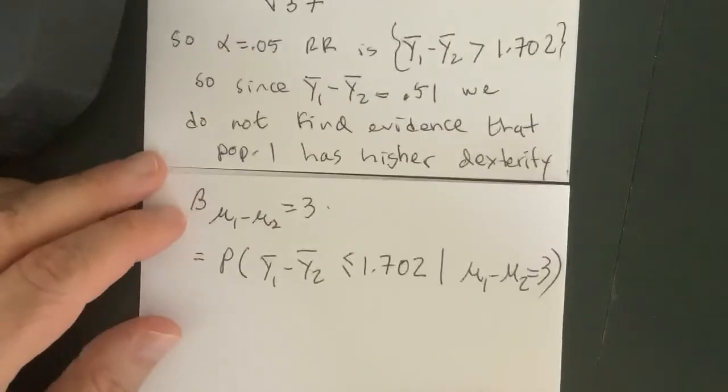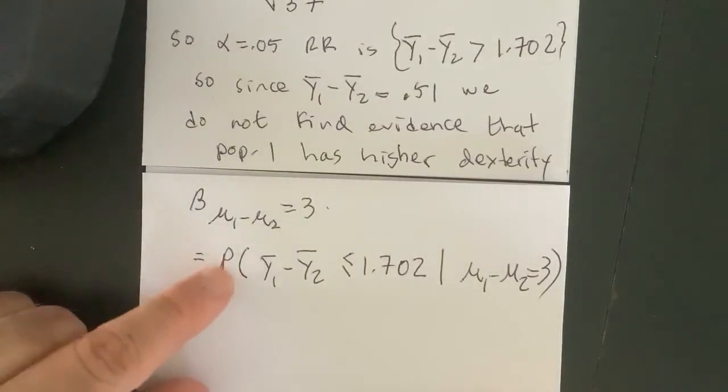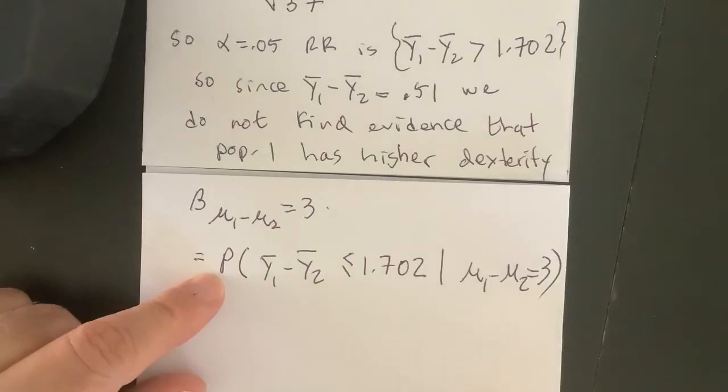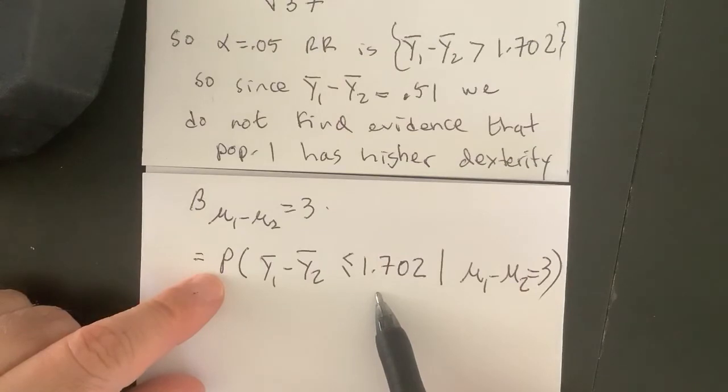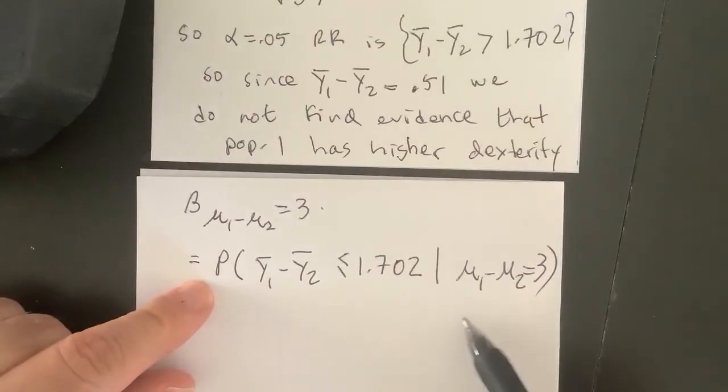Okay, so if it's less, right, we don't reject, less than or equal, and so that's the definition of a type 2 error. So it's the probability we choose H0 given a certain value of the parameter in the alternative hypothesis set. So here, we just need to go through a similar process again. So this is equal to